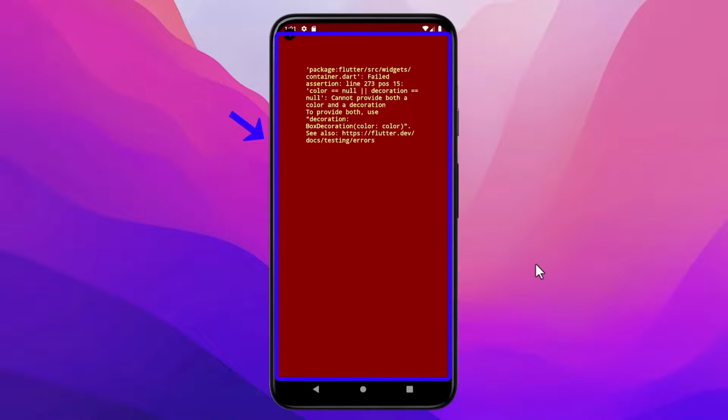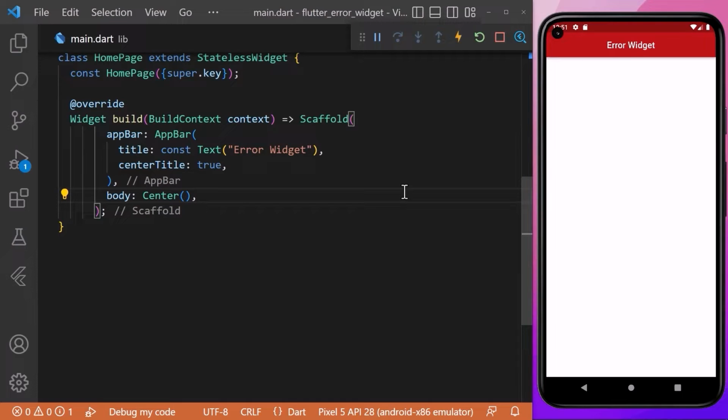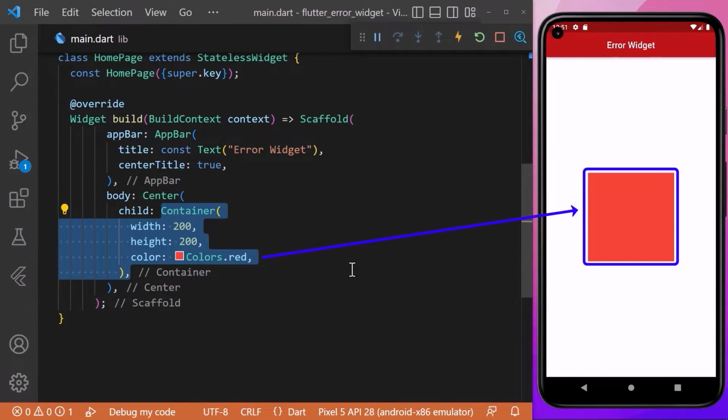Today I will show you how you can use ErrorWidget to handle different error exceptions, which will give us Flutter error details and prevent the app from crashing and showing red or gray screens of death, which creates a bad experience for the users. First of all, we will create a custom error intentionally by taking a simple container widget